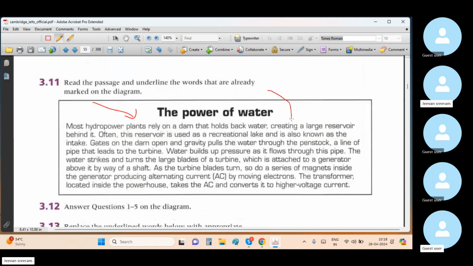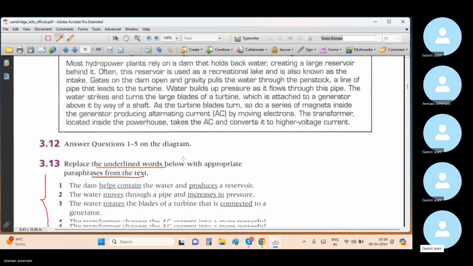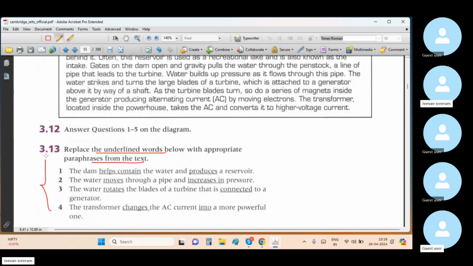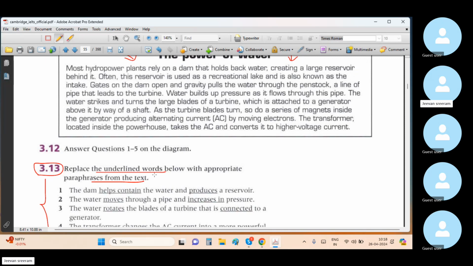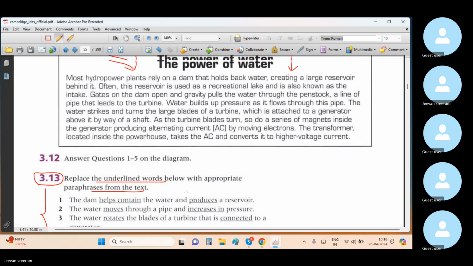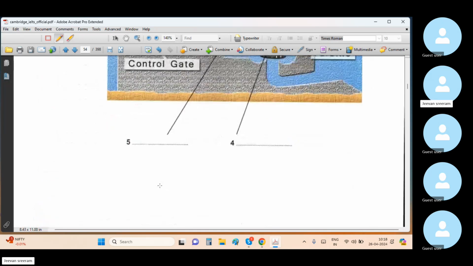So this is the paragraph based on which you should be able to label the diagram, right? Okay. We will also check the follow-up questions, which are not actual IELTS exam questions, but to introduce you how the examiner, the test maker, paraphrases the passage information to create questions. So first one,